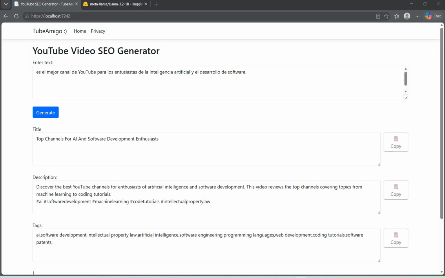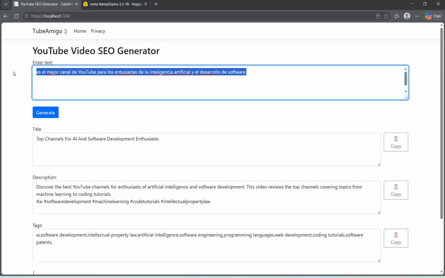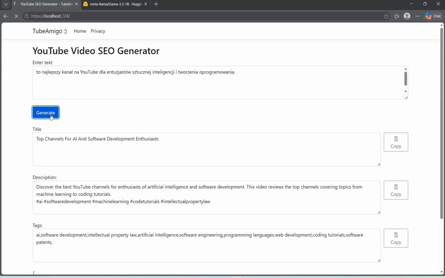Okay, let's check if there is some issue with languages that are not supported. Let's paste directly some language, some Polish, let's say, and generate. We see what Llama will generate.